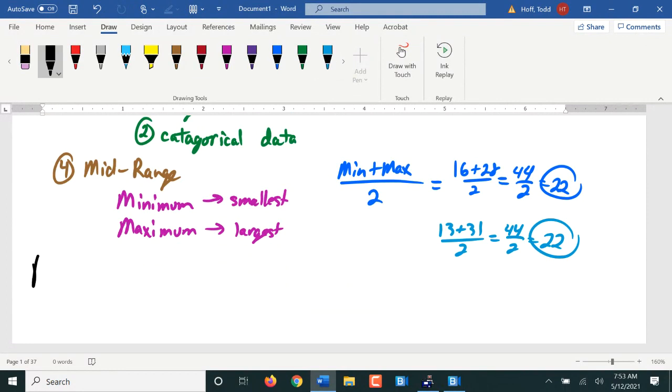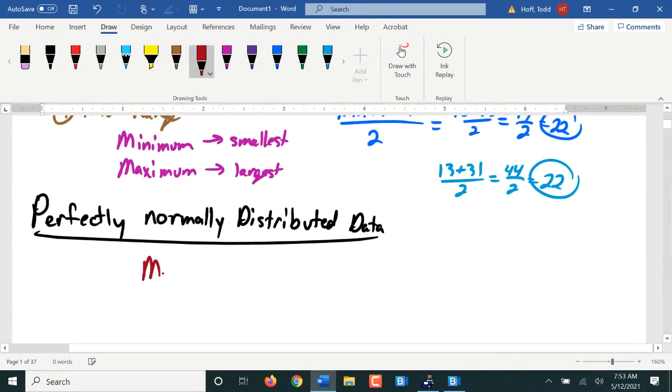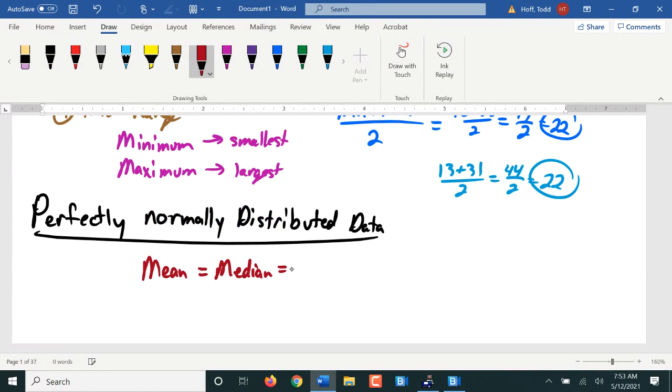Now, like I said, for a perfectly normally distributed set of data, the mean will equal the median. The mid-range is kind of a hack calculation. It's a real quick calculation, not given a lot of importance. So what that means is